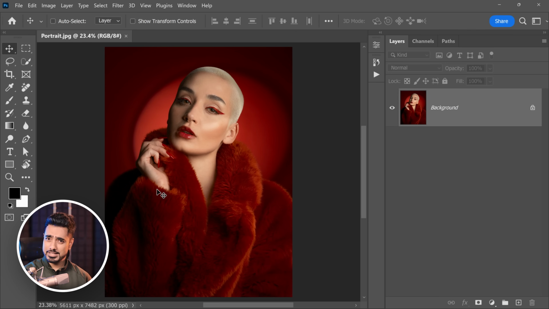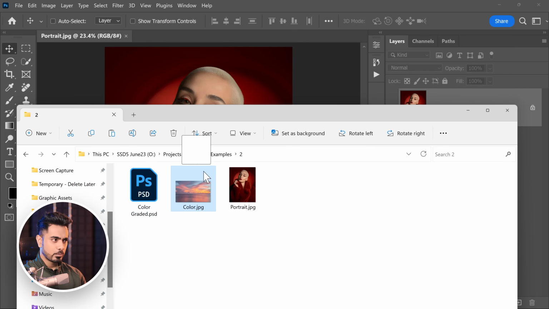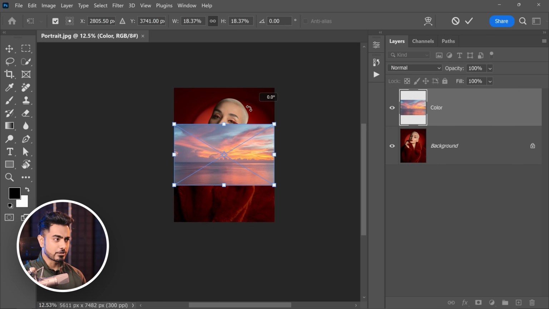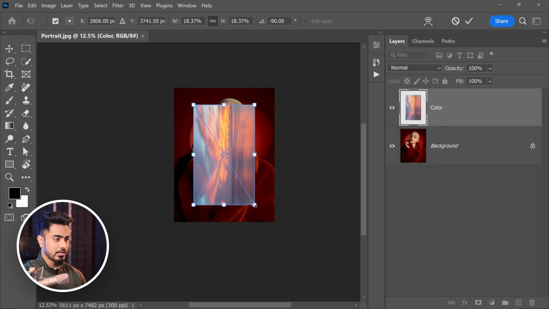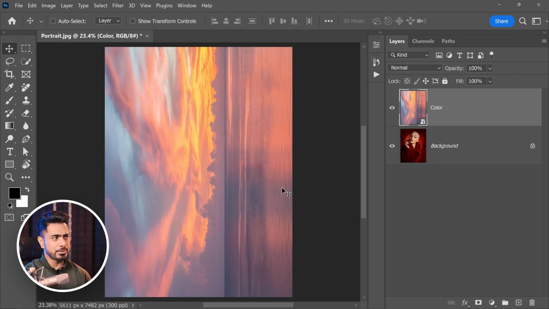Let's take a look at this example. So here we have a model. Let's say we want to add some colors to it. Instead of adding an adjustment layer, we can simply bring another image. Let's say this one. We're just going to drag it and drop it right there. Let's say we love the colors of this image. We're just going to rotate it, make it a bit larger like this, and let's just blur it by going